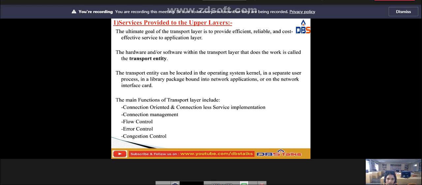So, our main goal is for the transport layer to provide efficient, reliable and cost efficient service to the application layer. To achieve this,